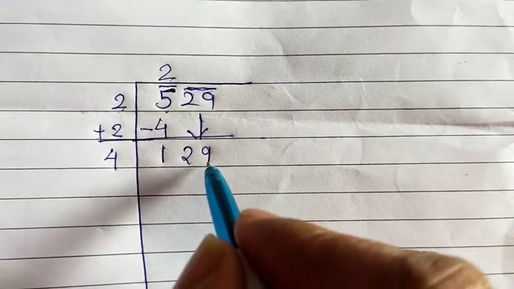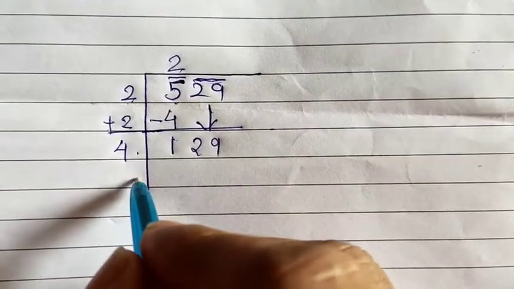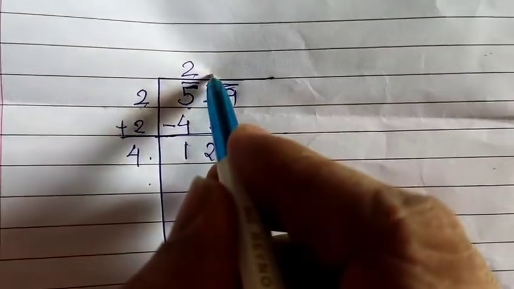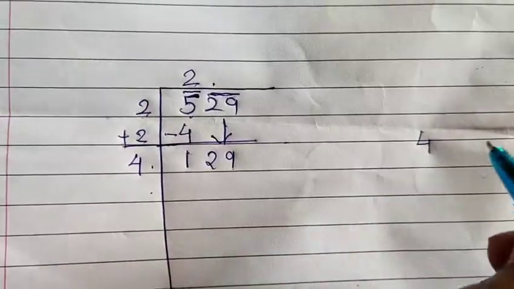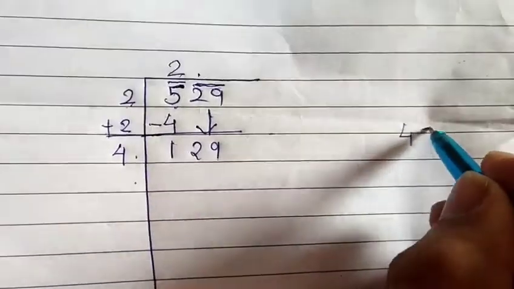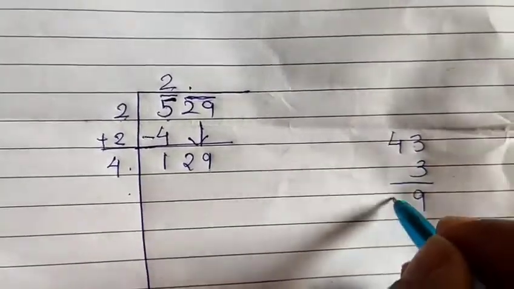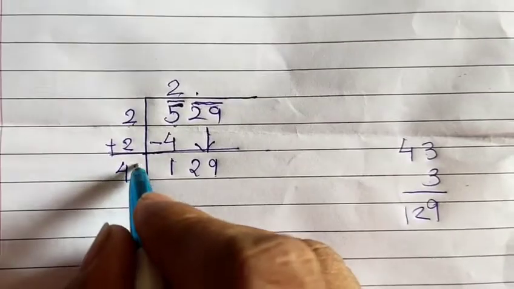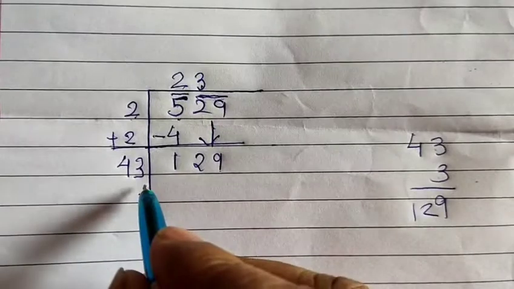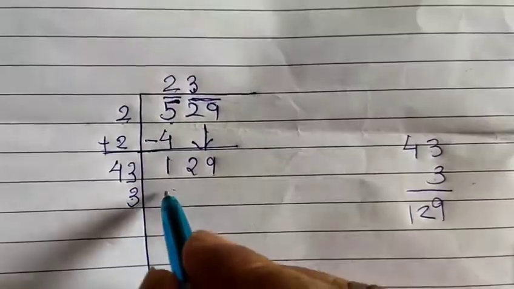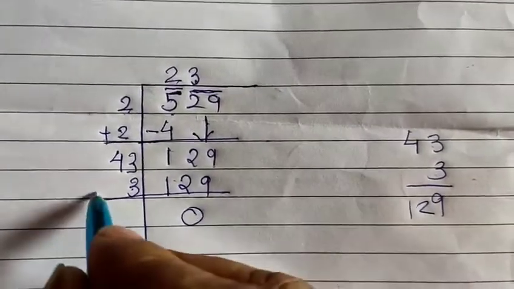Now dear student, here 9 is there. What number will you take over here? With the same number you have to multiply, and the same number you have to take in the quotient. Suppose it is 9, so let us check with 3. Multiplying with 3, 3 3s are 9 and 3 4s are 12. Yes, I got it. Whatever divisor I am taking over here, the same value you have to take in the quotient. Means 43 multiplied by 3 gives 129, and I got remainder 0.